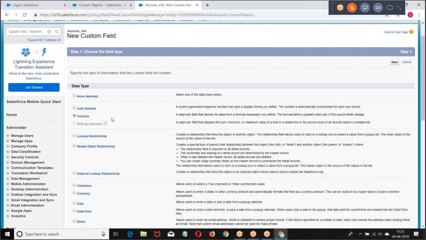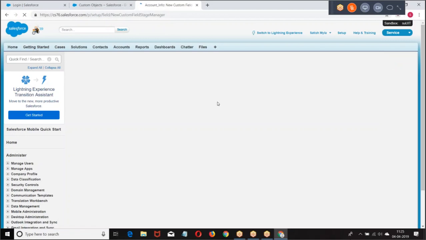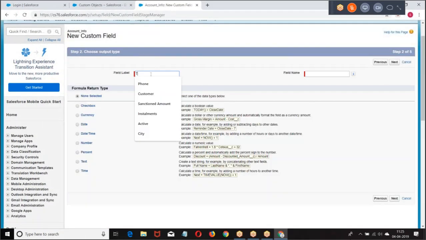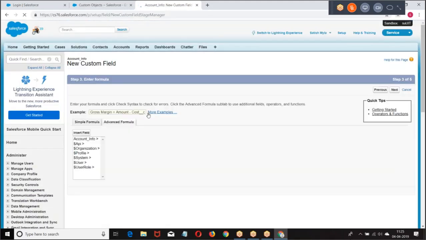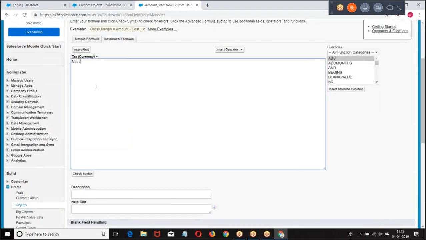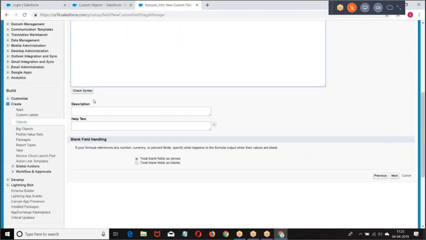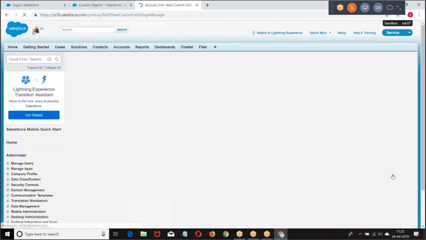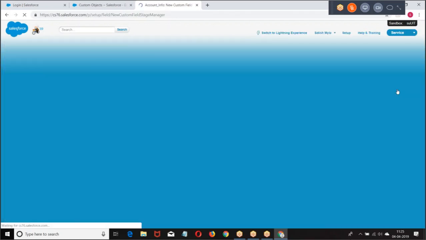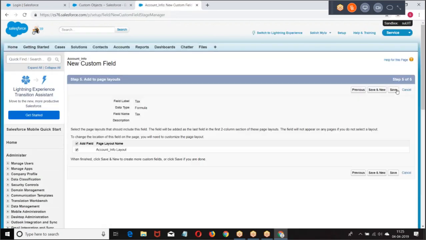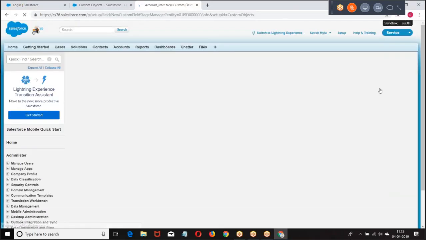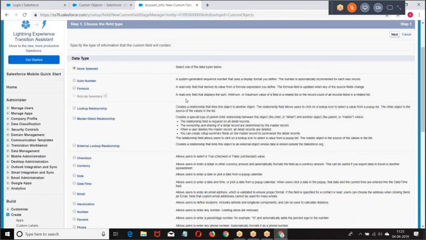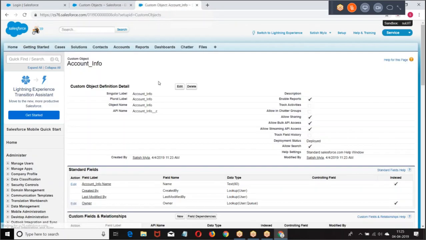Then I had a formula field, Tax: 10% of the tax. Object creation is done. Formula creation is done.